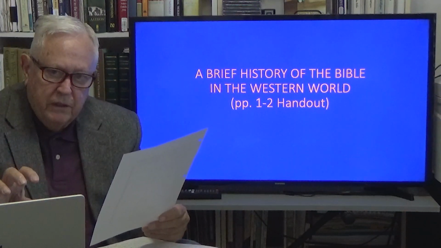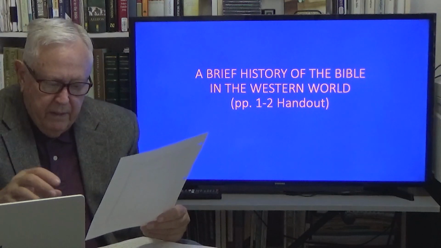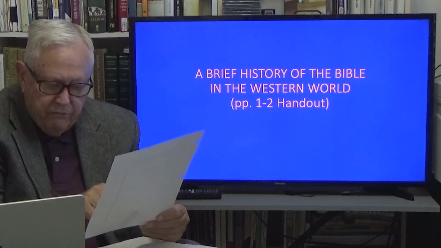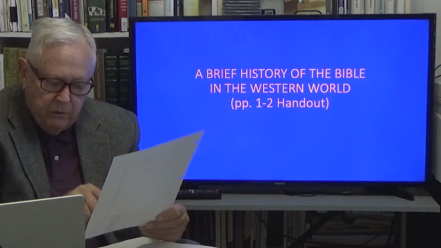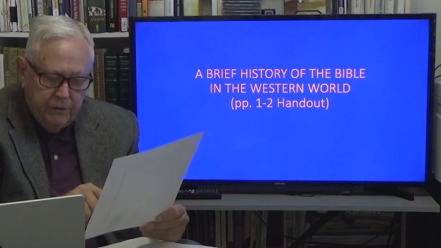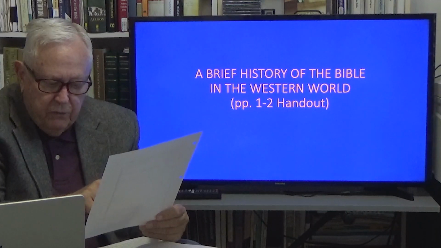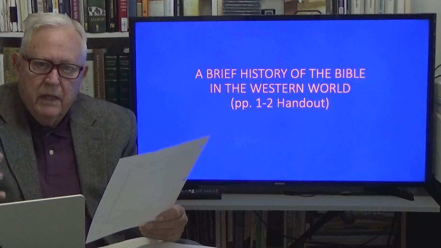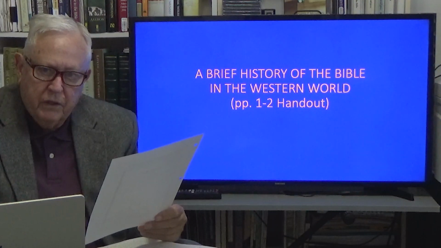It didn't give a new translation, but it revised the King James Bible to new knowledge that we might have had. And that one goes on down to the Revised Standard Version, and it also goes down to the New American Standard Bible, the NASB that was so popular, recently redone and called the Legacy Bible. So the English Revised Version, the American Standard, all of that's coming off the King James. The RSV and even the NRSV is not a new, fresh, from scratch translation. It is a continuation of the tradition of the King James Version.